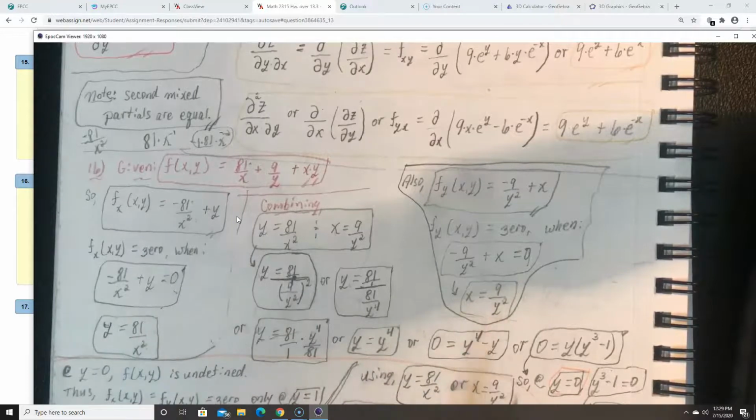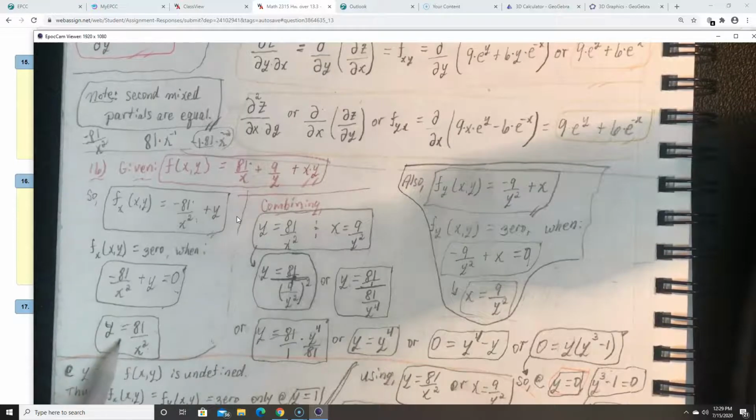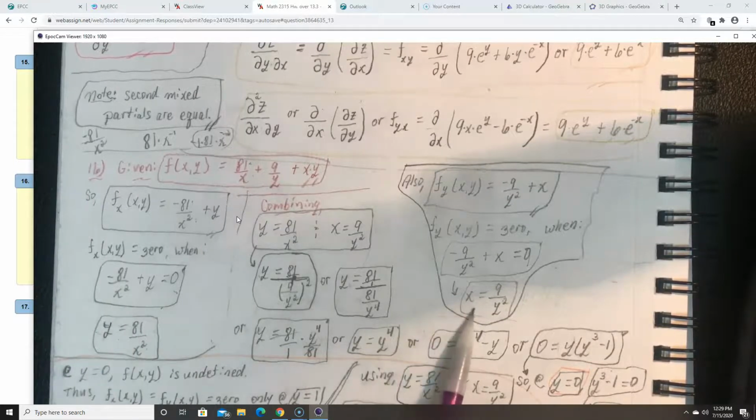So you can find out at what points in the xy coordinate plane, domain points, their mapping will be a point on a surface, and when the partial derivative in the x direction equals 0 and when the partial derivative in the y direction equals 0. We know that happens for the first one at this relationship, and the second one at this relationship. So combining the two,